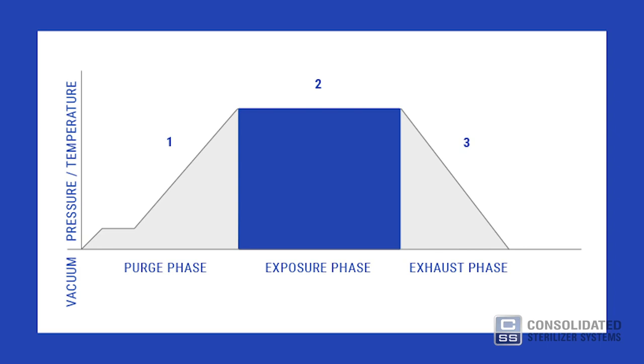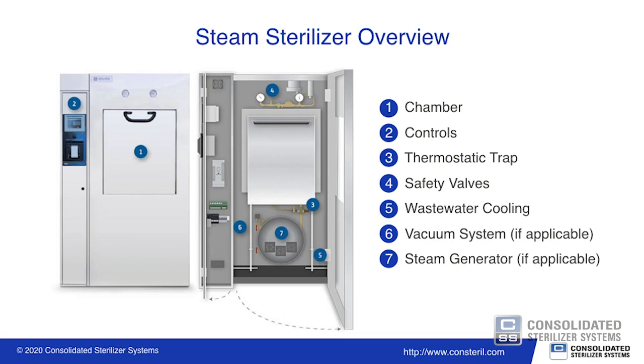A typical laboratory autoclave includes the following components: the vessel, which is the main body of the autoclave and consists of an inner chamber and an outer jacket; the control system, which is operated using a controller interface, not unlike what you'll find on a microwave or oven, albeit more complicated; a thermostatic trap or steam trap, which allows air and water condensate to escape from the chamber; and a safety valve, which is the final fail-safe for the pressure vessel. Lastly, there is a wastewater cooling mechanism, which cools effluent, that is, air, steam, and condensate, before it